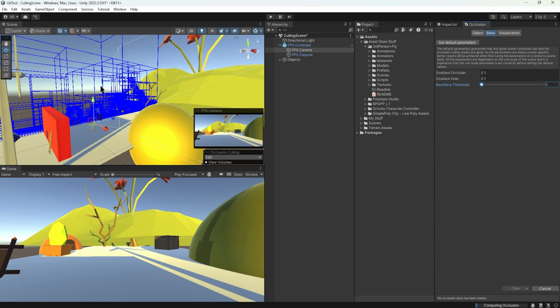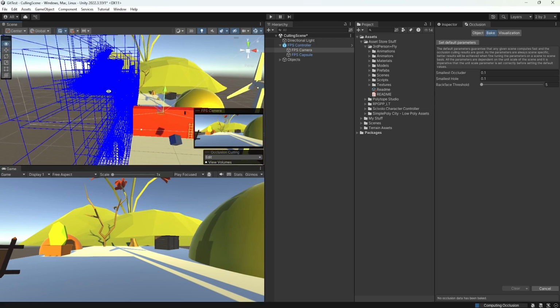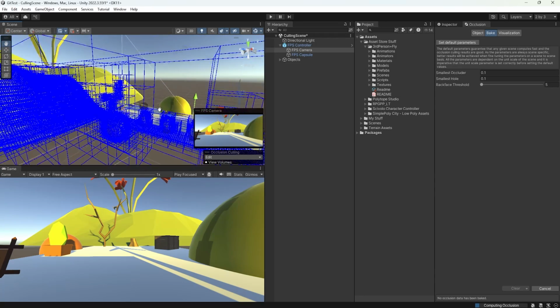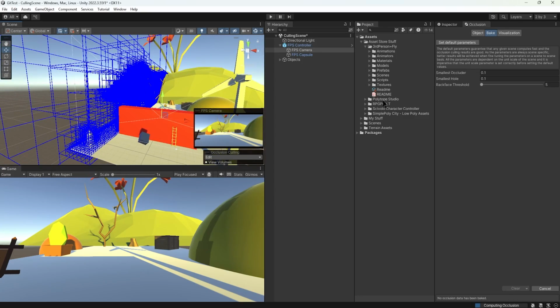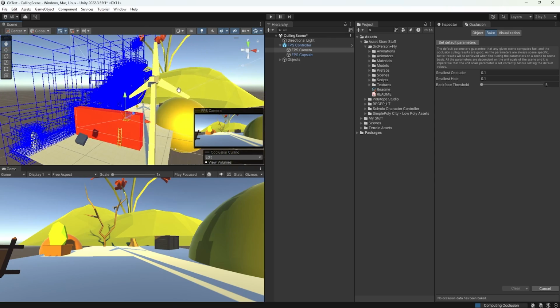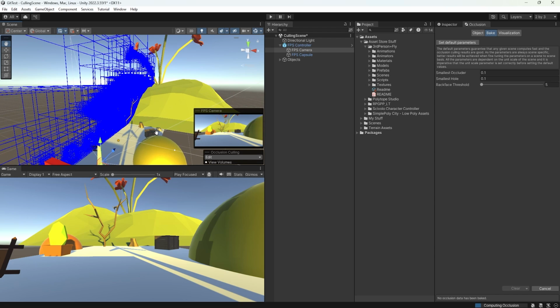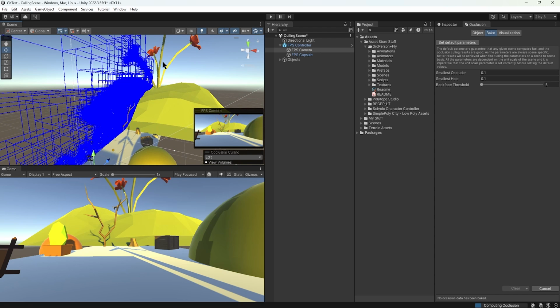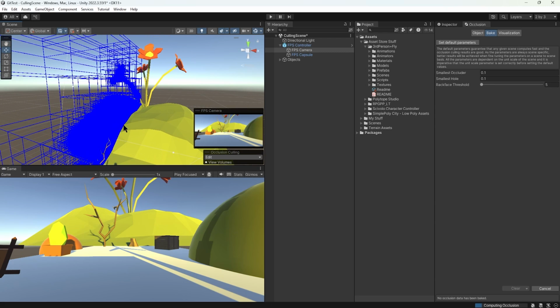determines the number of blue cubes that we have. Originally we had about a dozen or two dozen of these giant blue cubes covering the scene. Now we're going to have potentially thousands of these little blue cubes because we are doing a much more sophisticated occlusion bake of our scene here. Again, the default values for smallest occluder, smallest hole, and backface threshold should be fine for your work as students. But if you wanted to push this further beyond your time at this college, then push it and create